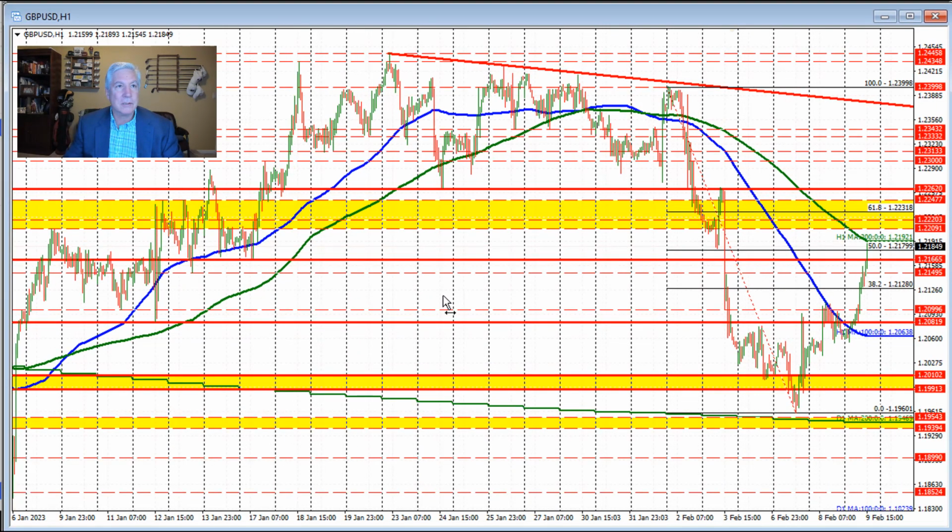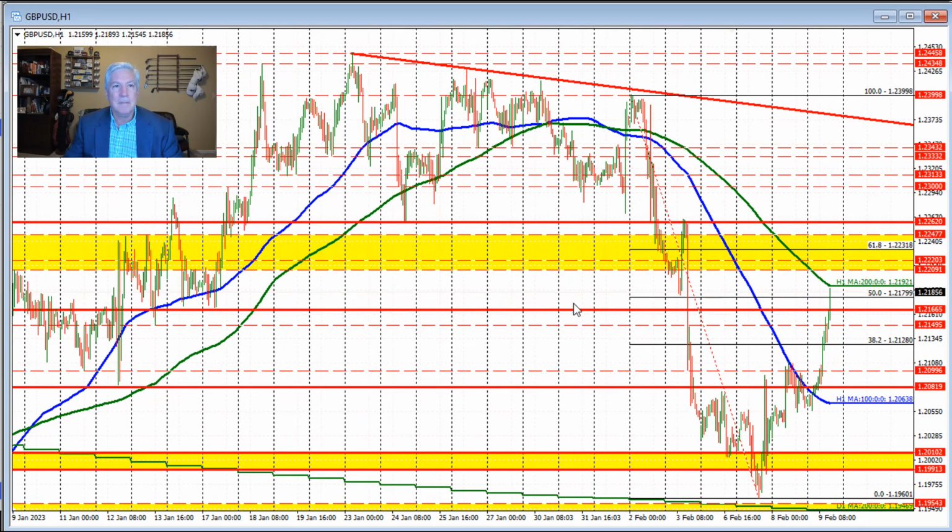The sterling versus US dollar, this pair is moving up to a nice key test here with the declining 200-hour moving average coming into play at 121.92. The current price is trading at 121.86. We also are trying to move above the 50% retracement of its recent move to the downside right through here. That level comes in at